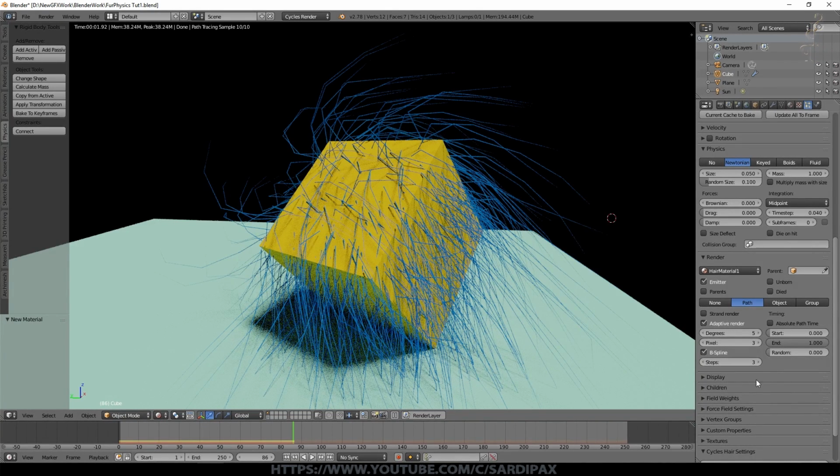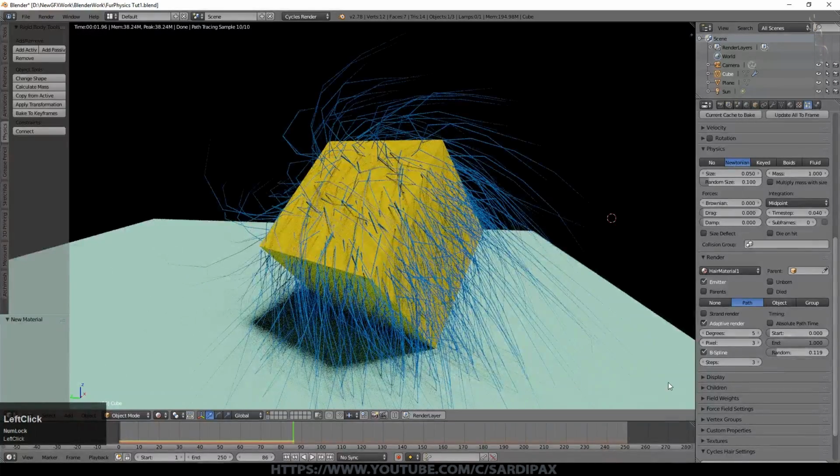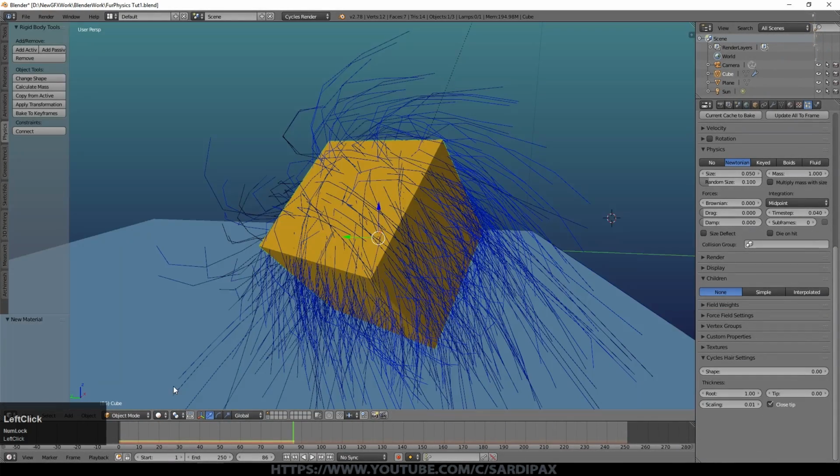And I used 3 steps and B-spline. Again, it's the calculation method for how the curvature of the hair is calculated. Again, you can add some randomness to the length of the hair here. It's just another place that you can do it. So I'm just going to come out of rendered mode for a moment, because we're now going to have a